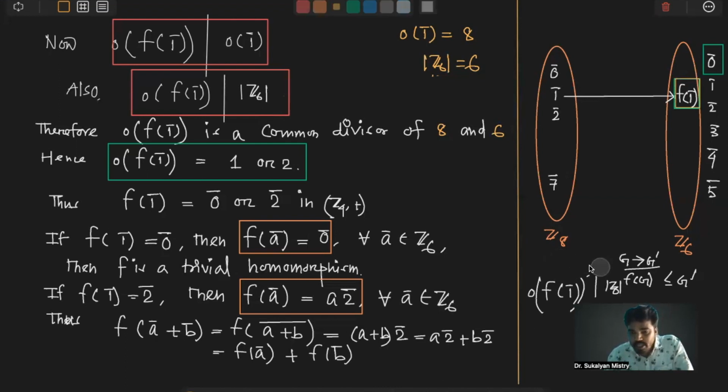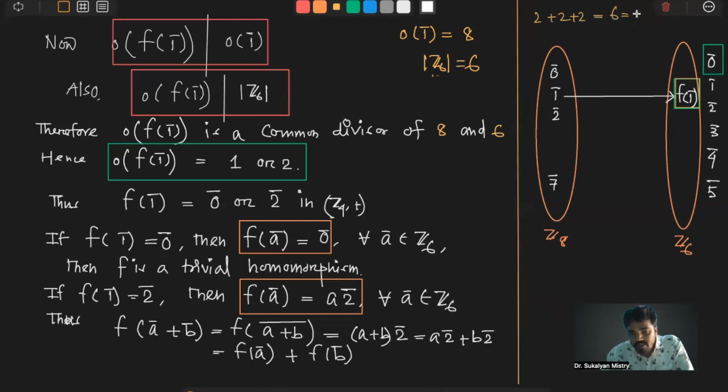Z6 এর মধ্যে কোন এলিমেন্টের অর্ডার 2? f of 1 বারের অর্ডার 2 পেতে হবে। কোন এলিমেন্টের অর্ডার 2? দেখো 2 এলিমেন্টের অর্ডার কত Z6 এ? 2 প্লাস 2 প্লাস 2 করলে তুমি পাচ্ছ 6, 6 কে 6 দিয়ে ডিভাইড করলে রিমাইন্ডার হচ্ছে 0, আইডেন্টিটি এলিমেন্ট